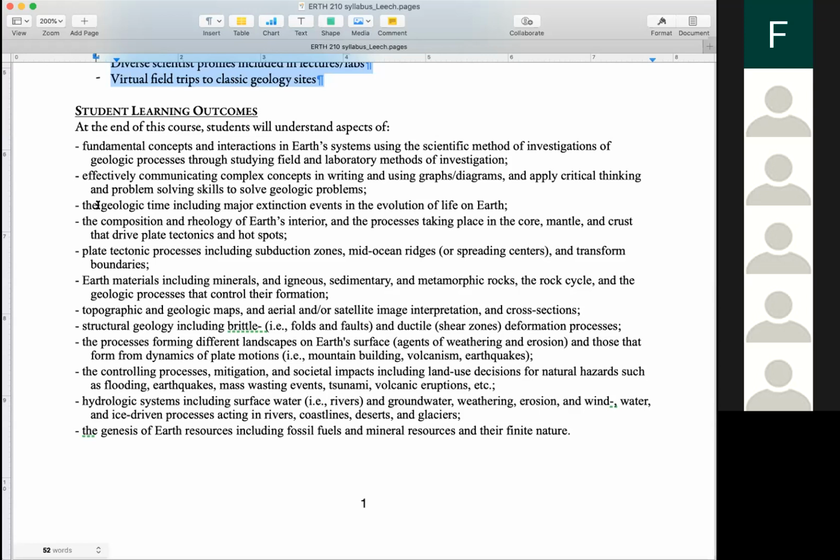A little bit of that. I'm not a biologist, I'm not a paleontologist, but we'll look at a little bit of how that was used to create the geologic timescale. We're going to look right away, even today, if I stop talking about the syllabus, the composition and the rheology